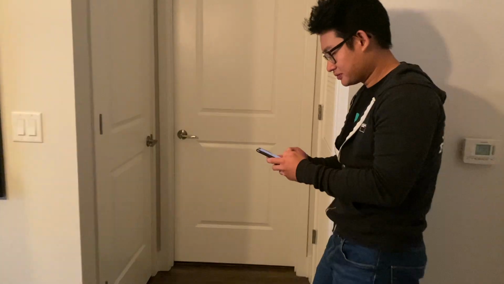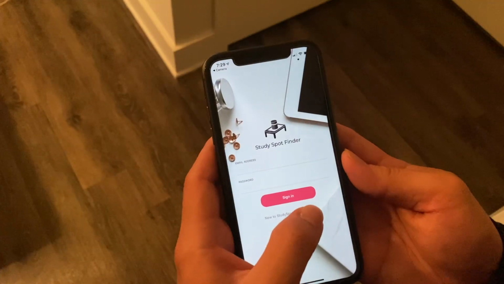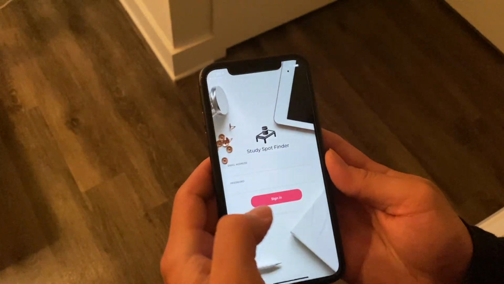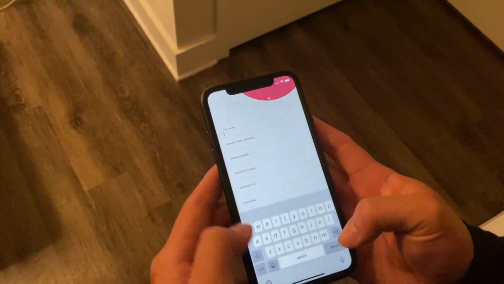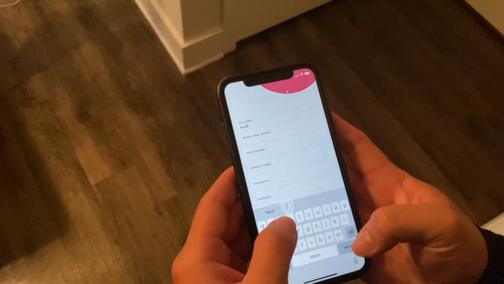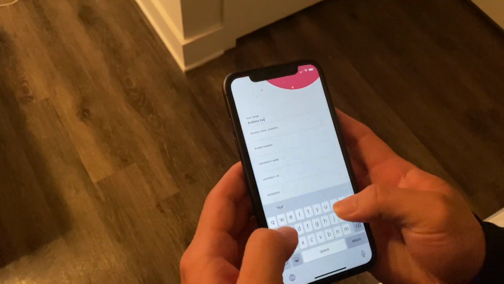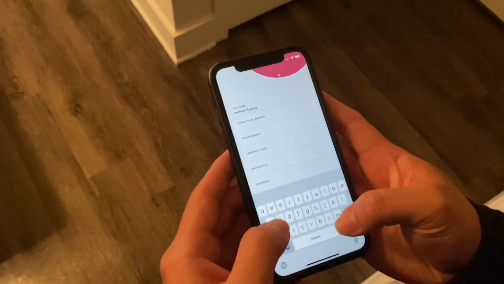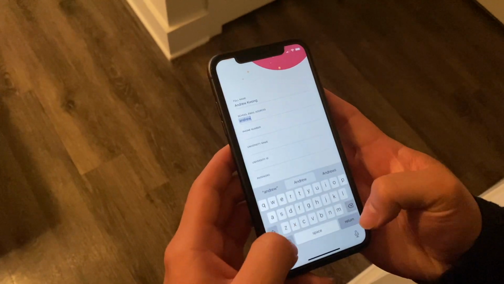Now moving on to the live demo. Here we see a college student looking for a study spot. First, he has to sign up on the application. The link will send him to a registration page where he has to enter his credentials, including his full name, his school email address,